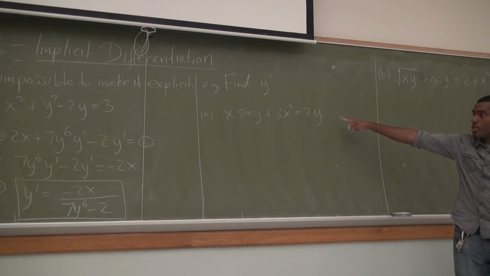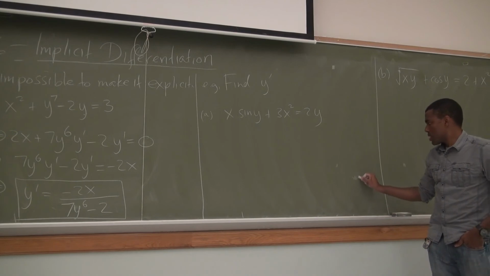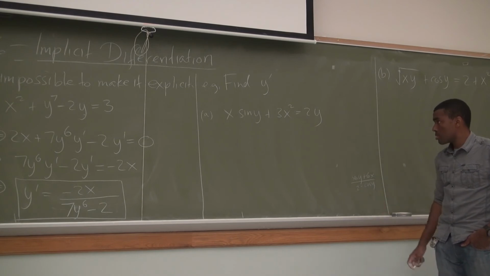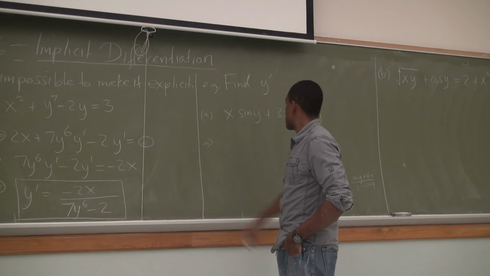Sine y. You think you got this one? Yeah. Sine y plus 6x over 2 minus cosine y, that's your answer. How'd you get it? Yeah, plus chain rule and then